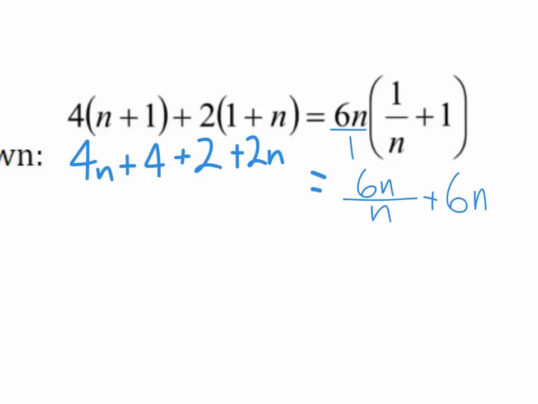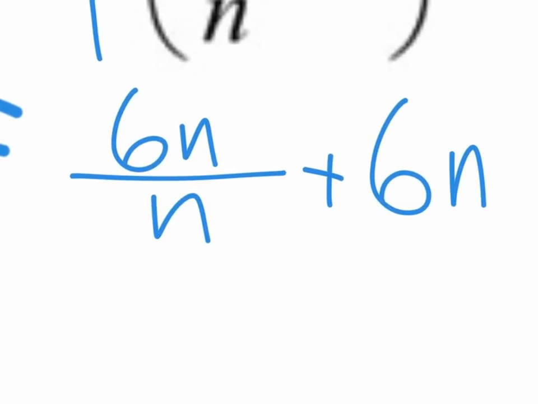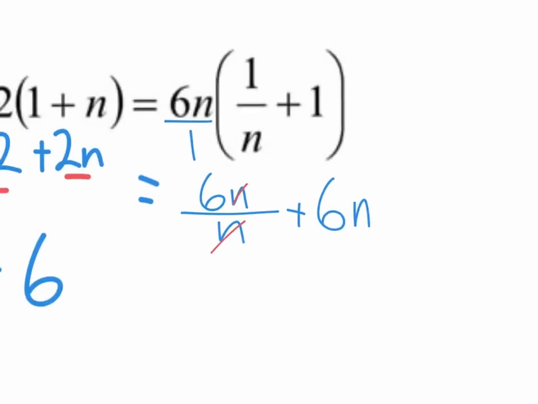Alright, we're going to have to actually start to combine like terms. Let's take a look at this left side of the equation. I see we've got 4n, and we've got 2n, and 4n plus 2n is going to give us 6n. And additionally, we've got 4, and we've got 2. We're combining like terms. 4 plus 2 is just 6, right? And let's take a look at this right side. This has been tricky for some of us. 6n over n, the n's just cancel out. So all we're left with is